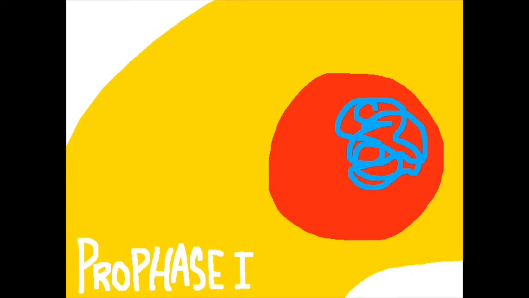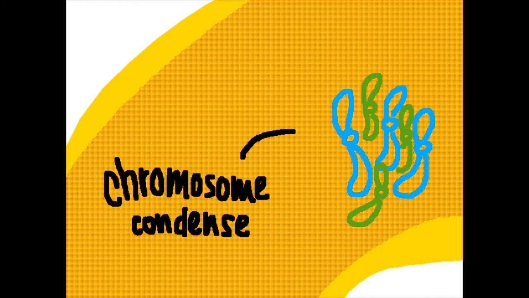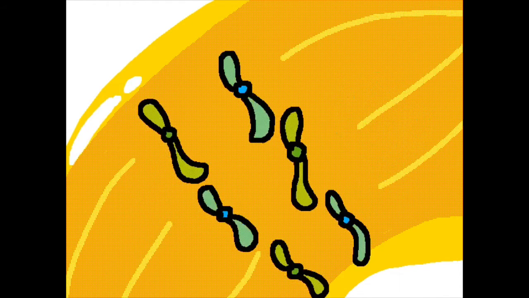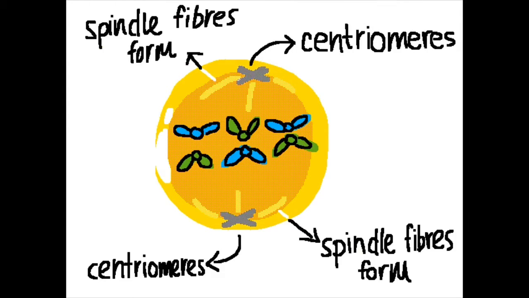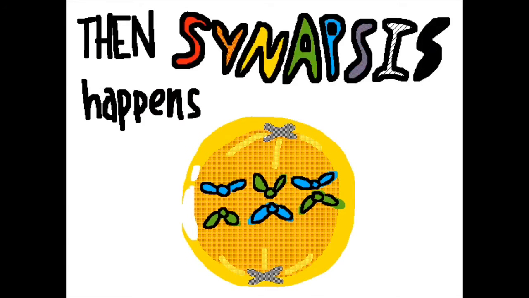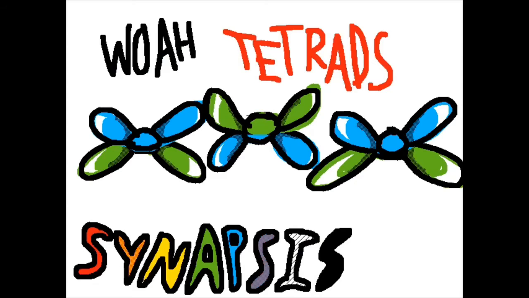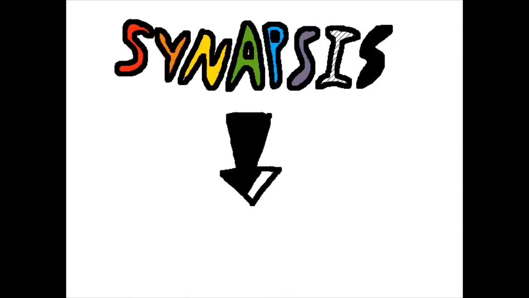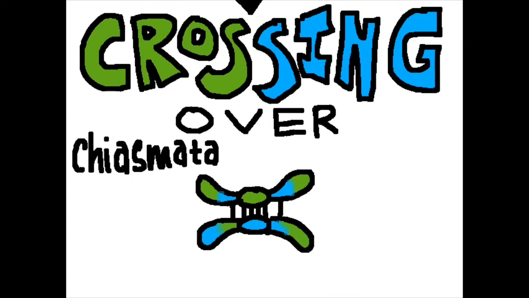After interphase, there's prophase, where the nuclear envelope disappears and the chromatin condenses into chromosomes. Centromeres move to opposite sides of the cell simultaneously while spindle fibers begin to form. Afterwards, synapsis happens, and this is where chromosomes bind to form tetrads. Now that's just tetradical. Then crossing over occurs, and this is where chromosomes line up and segments of chromosomes are